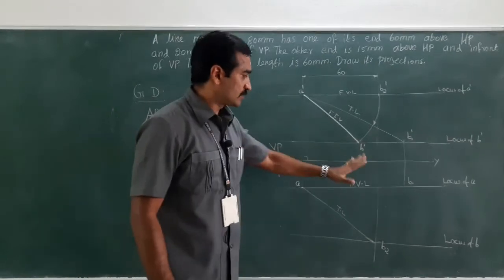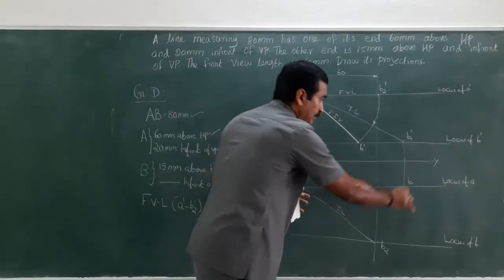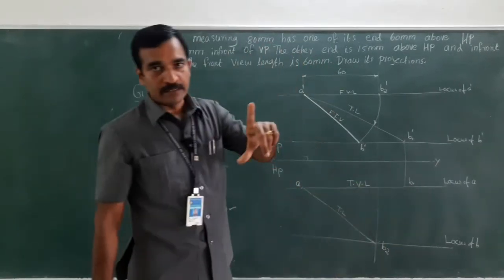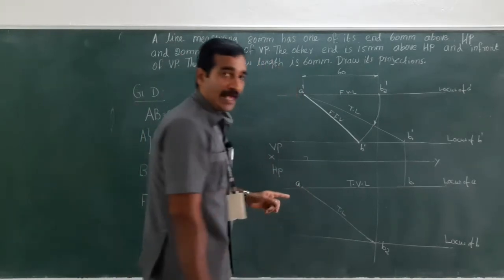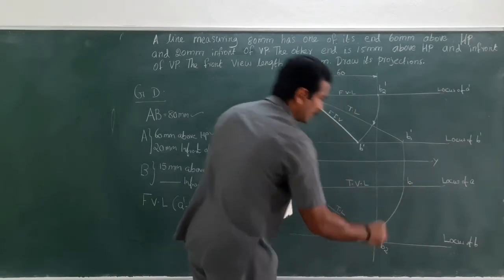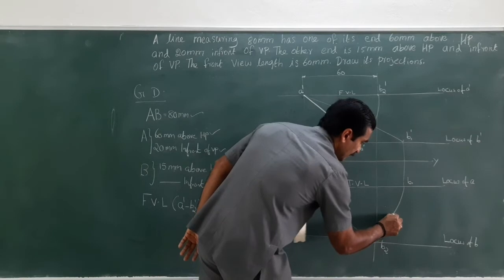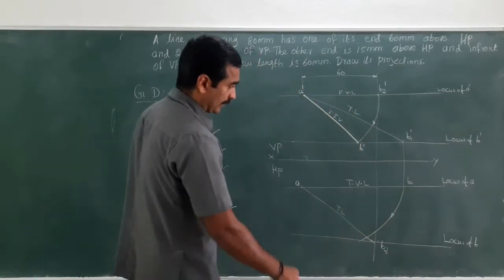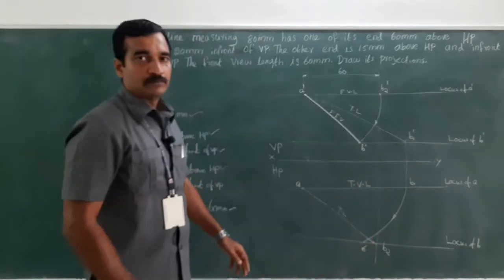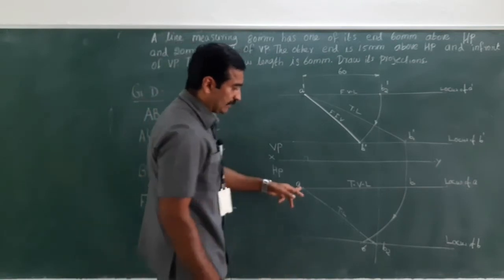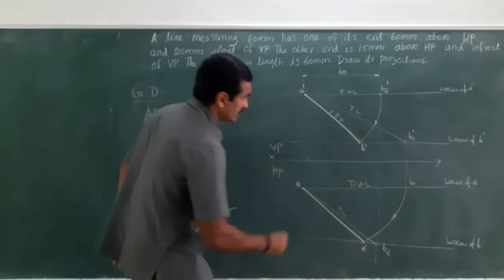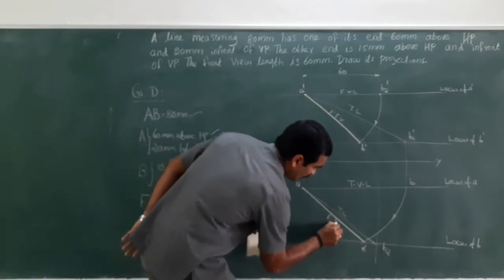Right? So next, measure the distance between A and B1, which is nothing but the top view length. Taking A B1 as radius and A as center, cut an arc towards the locus of B. This arrow indicates the flow of the line. Right. The intersection point on the locus of B is named as B. Now draw a line connecting the points A and B. This is nothing but the final top view.